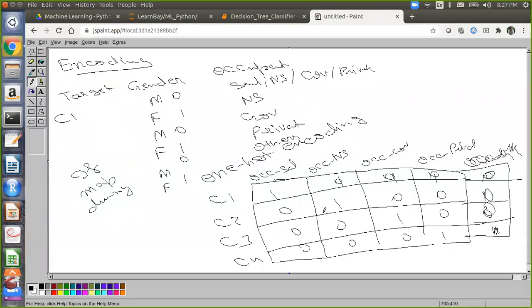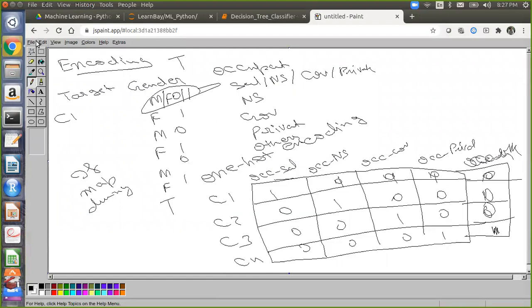So is it possible that gender can be both male and female? Not possible. Suppose gender is transgender, then it will be a new field. You will not write 0 and 1 here together, right? So both values for a single customer is not possible. If some third new value is coming, that will become a new unique value. That is what one hot encoding does. So yes, anybody else is having any questions for one hot encoding?